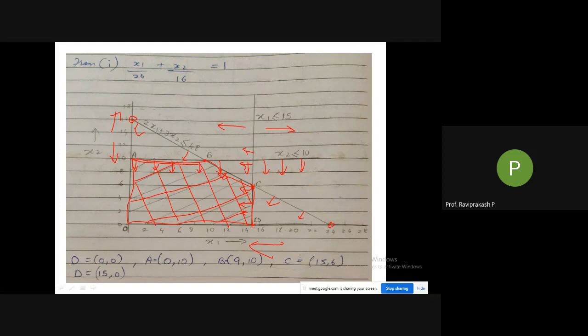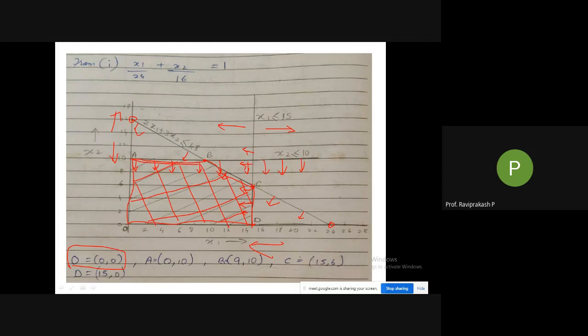So these are the points. 0, 0, I told you, you may take it or may not, but it is there in the feasible region. It is encircling this also. So A, again, is 0, 10. This is 10 already. 0 in the sense that on the x side there is nothing, so only 0 and 10.